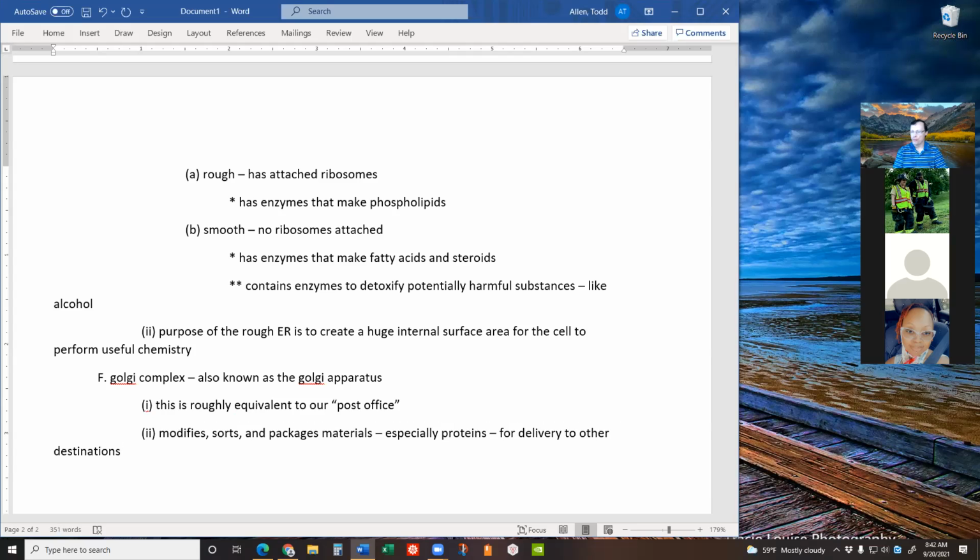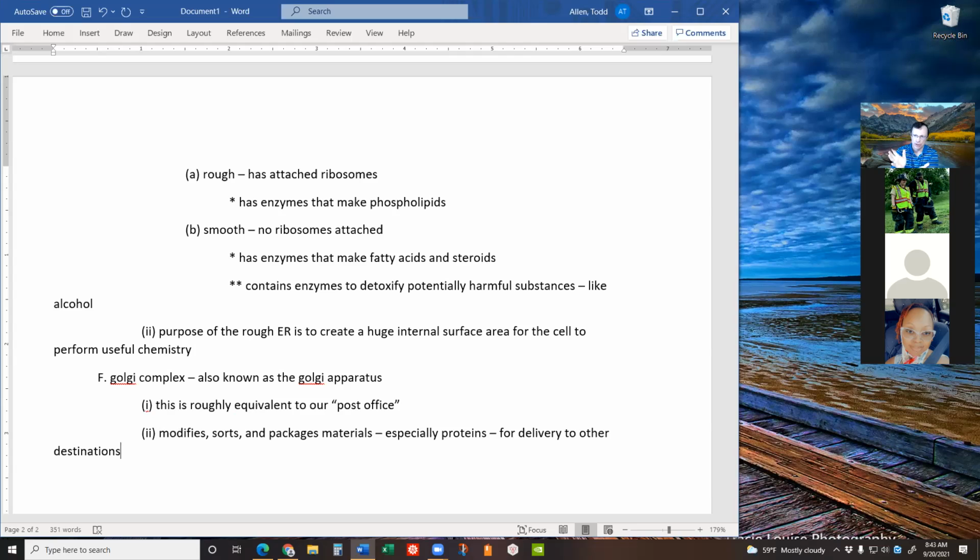Okay, you probably don't know this yet, but you will by the time we're done with chapter 3. The typical workflow of manufacturing a protein involves decoding information in the nucleus, which is then used to build some material called RNA, which is then exported from the nucleus and shoved into the rough endoplasmic reticulum, where ribosomes take the RNA and make that RNA then into protein in the process of translation, which we'll go into later. That protein is then typically delivered to the post office, typically to the Golgi complex, where it can be addressed,